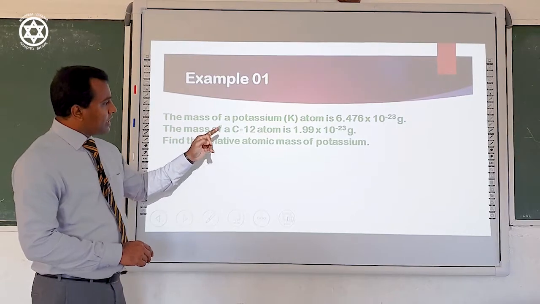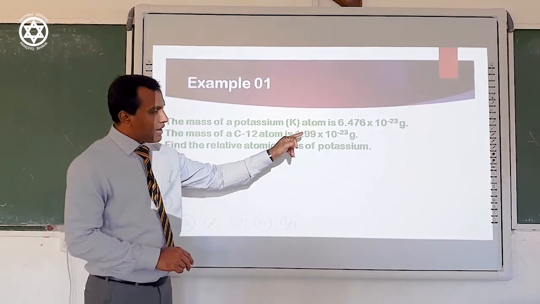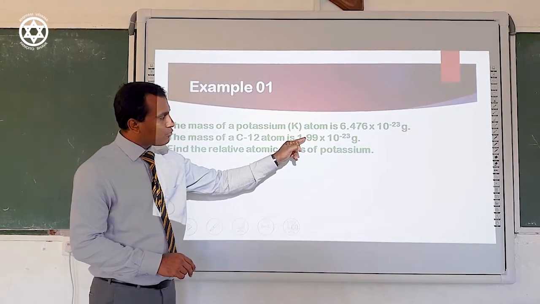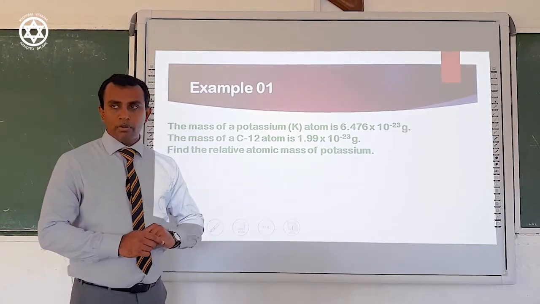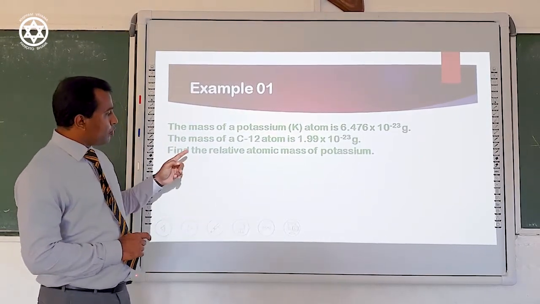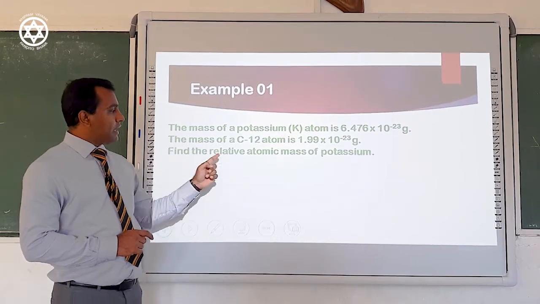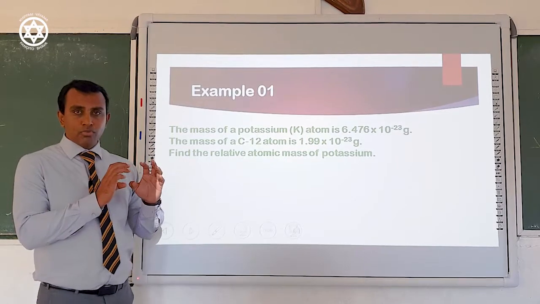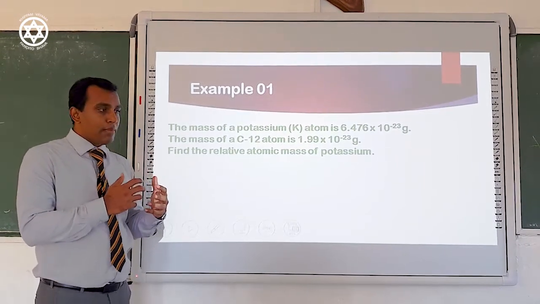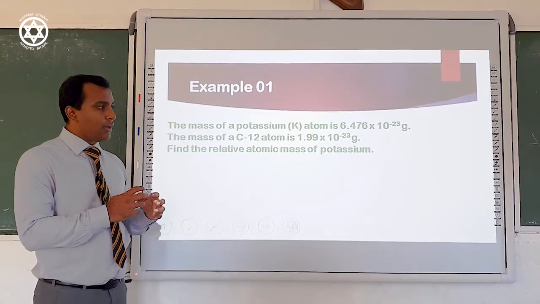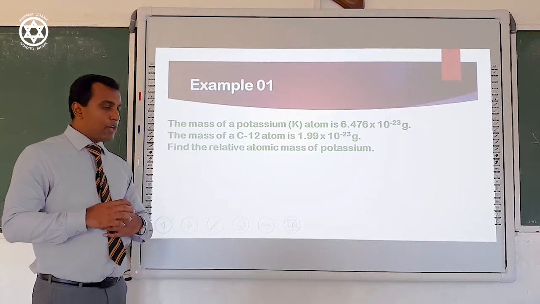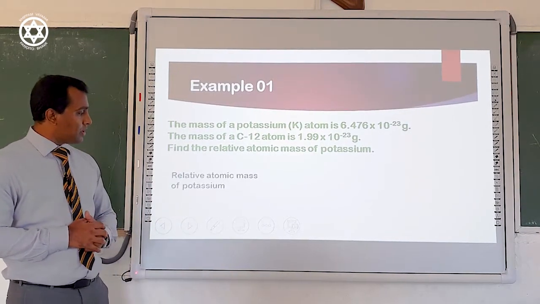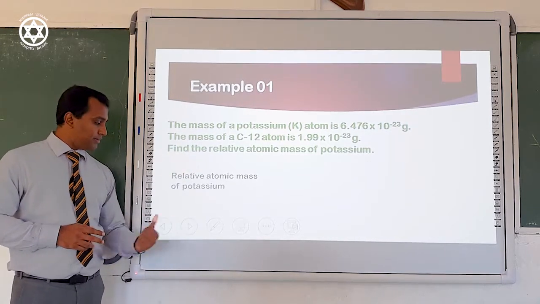The mass of a C12 atom is 1.99. I told you earlier, the mass of a C12 atom is 1.99 × 10^-23 grams. Then you are asked to find the relative atomic mass of potassium. When you are given such a question, you must be able to memorize the particular equation. The relative atomic mass of potassium is equal to